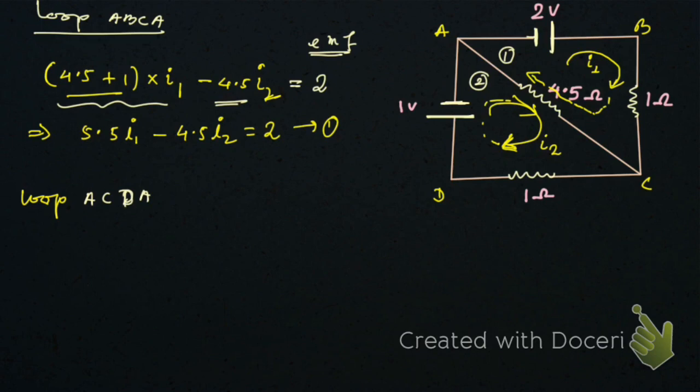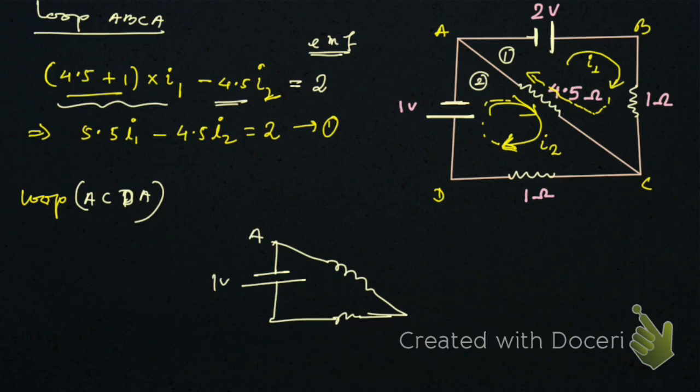So here you see, in this loop, here's the voltage 1 volt, right? 1 volt, and this is one resistance, and this is another resistance, right? This is A, this is C, D, right? So here it is 4.5 ohm, and this is 1 ohm, and this is 1 volt. So the direction of the current I2 we have taken in this direction, I2,